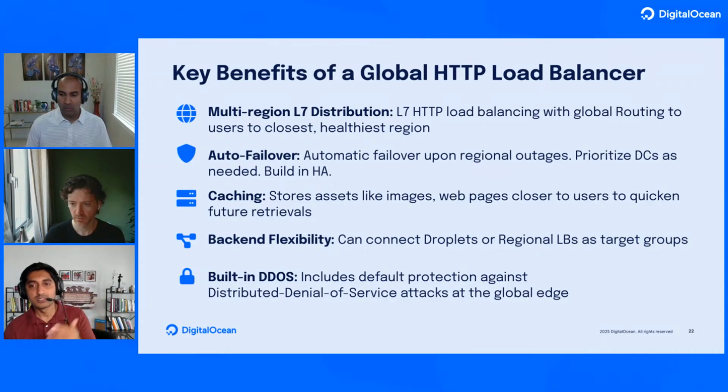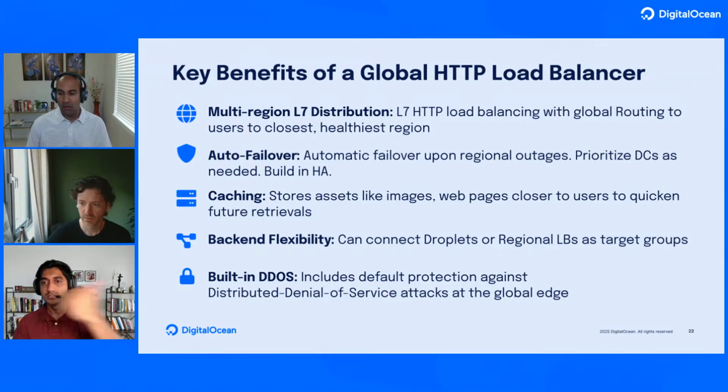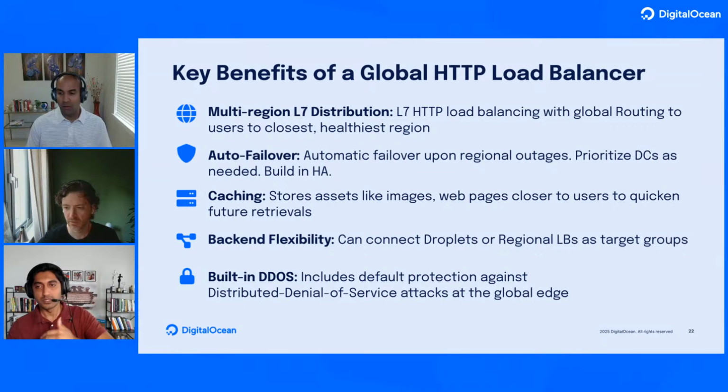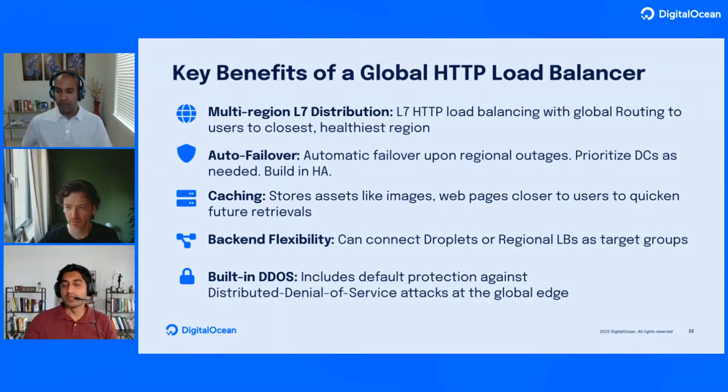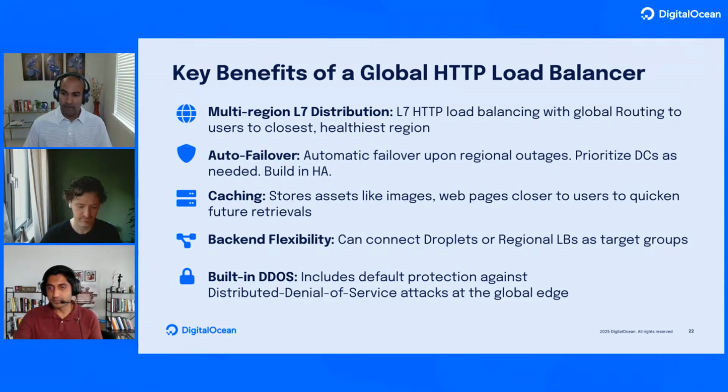You can enable caching in a single click, which basically stores your images and web pages. Basically, what it does, it saves frequent additional requests to the origin server, so that it reduces the number of requests being served, because it's being served by the cache at the edge. And the fourth one is backend flexibility. That is, you can connect a droplet or a Kubernetes cluster or a regional load